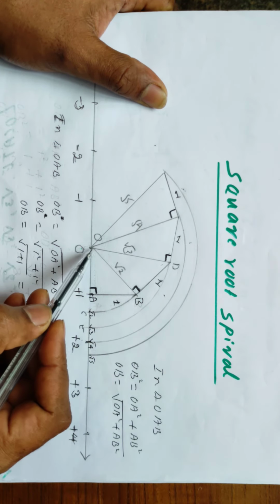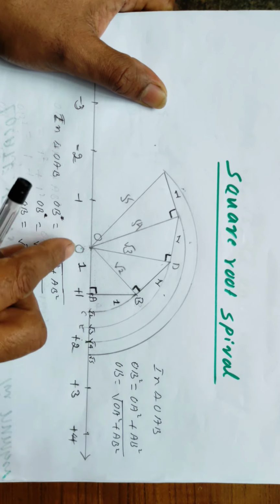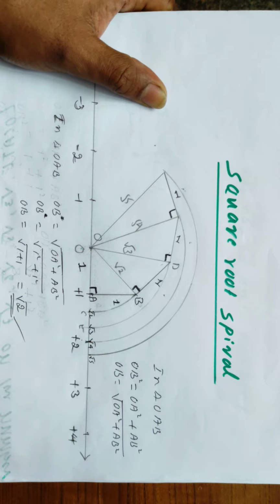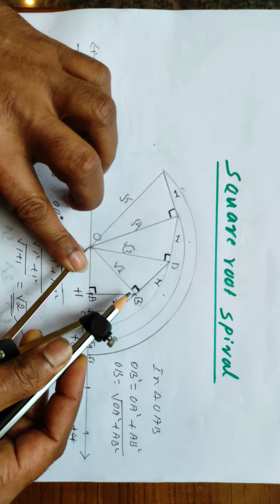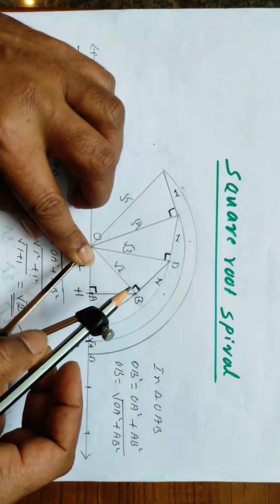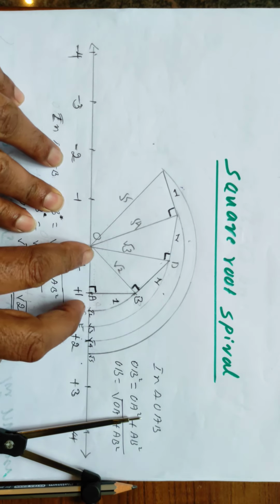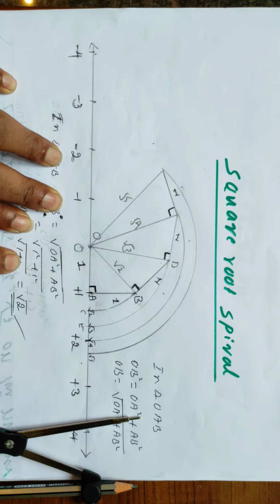Dear students, here the length of the hypotenuse itself is root 2, and the same length is shown on the number line using a compass. Using the compass, you can show the same length on the number line. Is it not? You can even locate minus root 2 on the other side of 0.